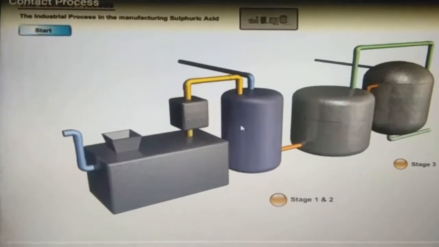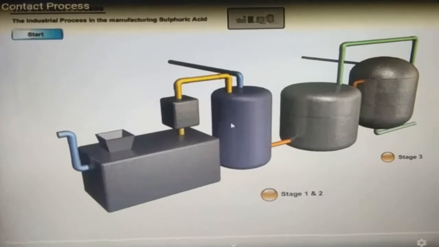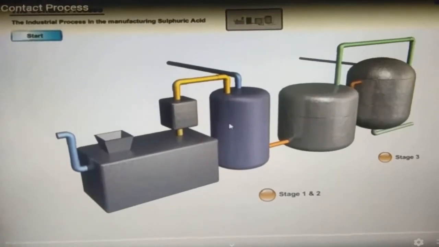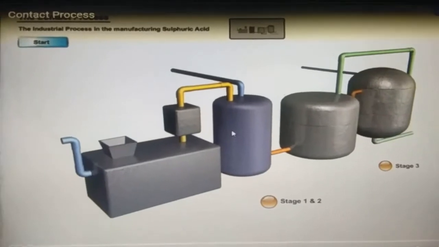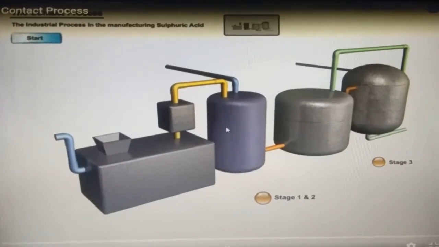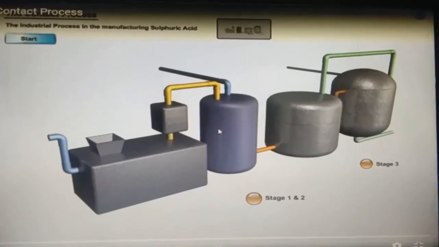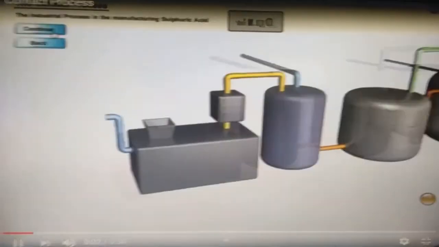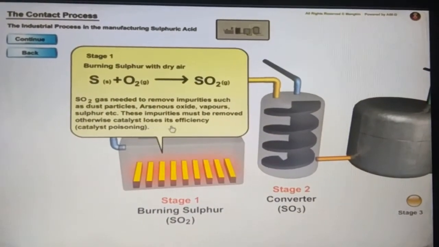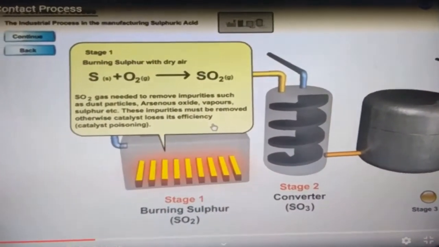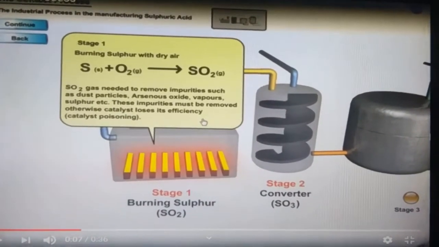Dear students, we are going to discuss the contact process that is used for preparation of sulfuric acid. It is an industrial process in the manufacture of sulfuric acid. Here the apparatus used for preparation of sulfuric acid during the contact process is represented. Now we can watch the first stage, burning of sulfur with dry air